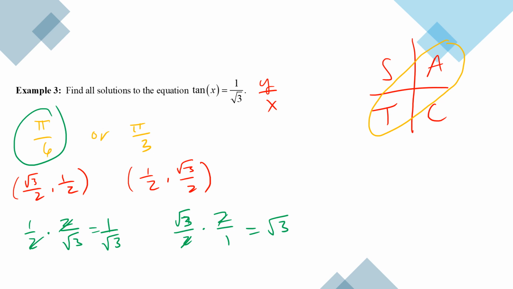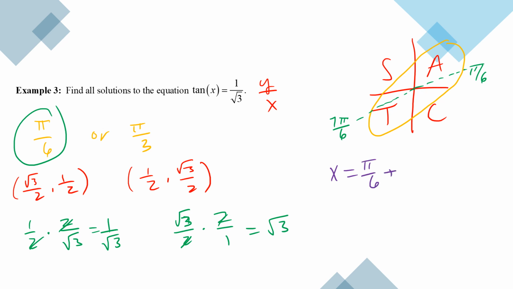So if it's pi over 6 in quadrant 1, what does it make it in quadrant 3? So what would be the angle in quadrant 3? 7 pi over 6. You would be here at 7 pi over 6. So we were here at positive pi over 6, and we're here at positive 7 pi over 6. Make sense? So all of our solutions, so x equals pi over 6